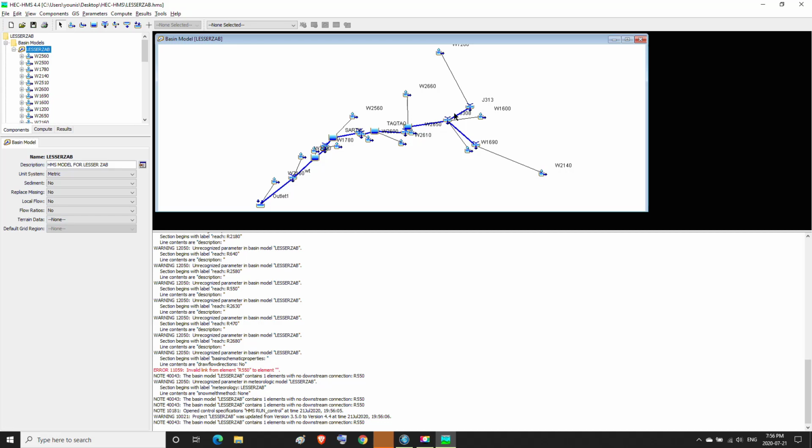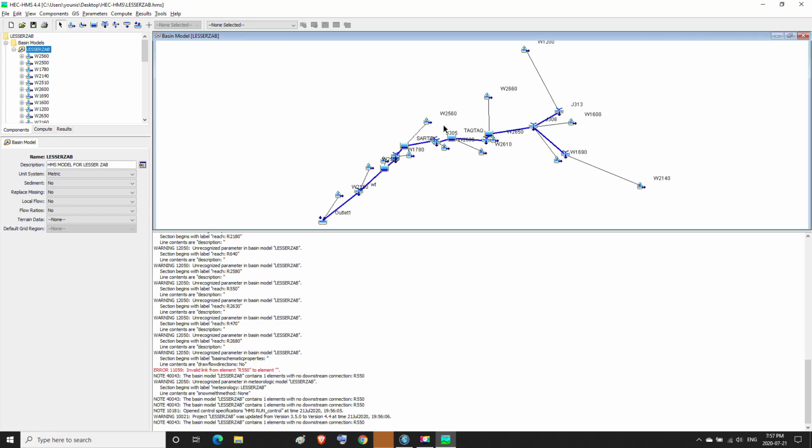Then the diagram for the project of the study area basin appears. Then in the basin model, we specify the options as we see.